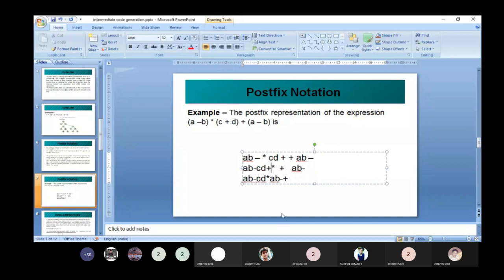AB minus, CD plus, and then star: AB minus CD plus star. Then AB minus, plus. So this is our postfix notation. Okay, correct? AB minus CD plus star AB minus plus. Okay, so this is the postfix notation.